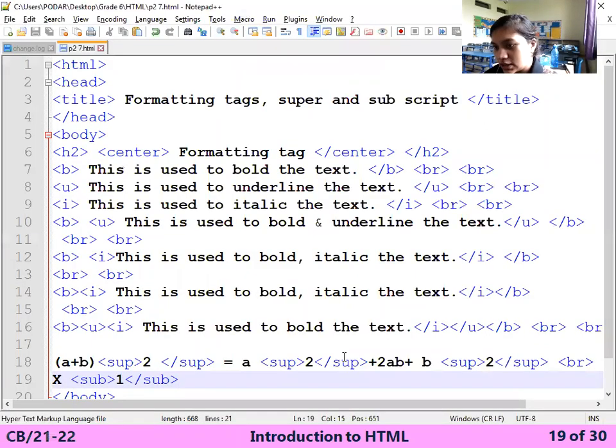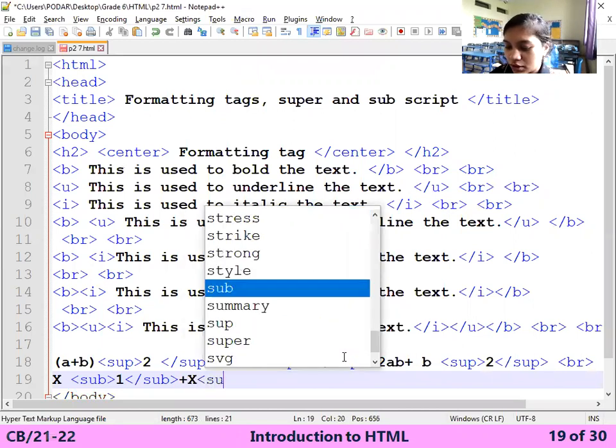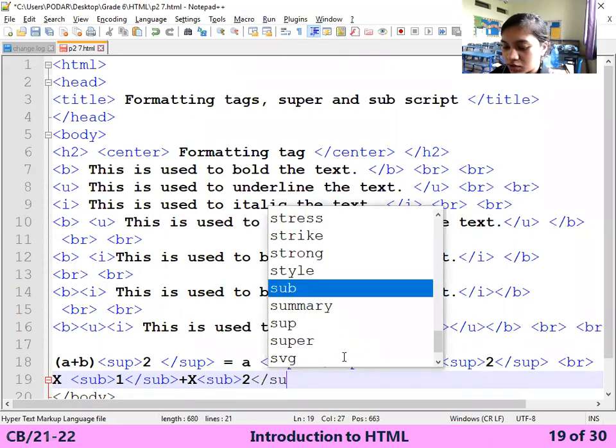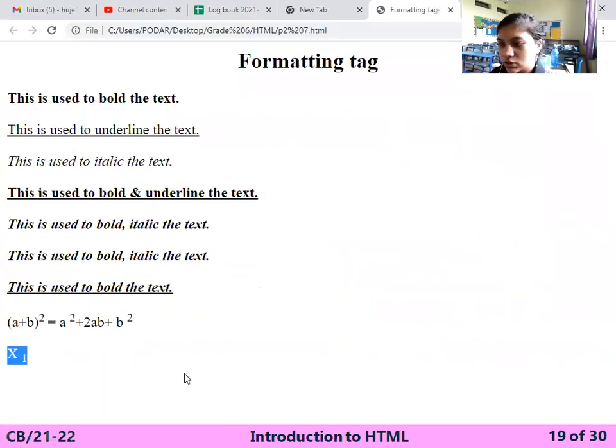x1 is there. Now plus x2. Then write down the subscript 2. Close the subscript. Saved it. Output will be that.